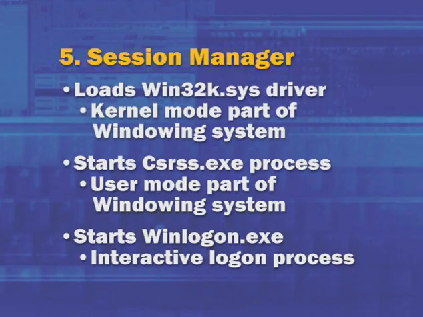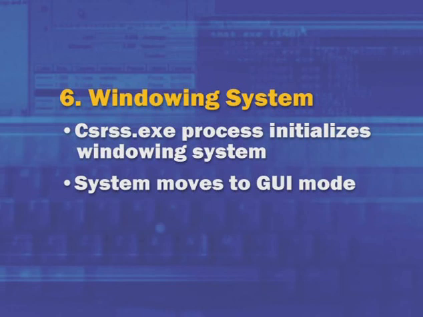So the first Windows application that gets started is WinLogon, which is the interactive logon manager. Now you'll have a visual cue that the windowing system was initialized, because that's when the system flips from the black startup screen, or in Windows 2000 the white screen, into GUI mode. The hourglass cursor appears. So if you see the system switch to GUI mode with the hourglass cursor, you know that you've got through the kernel initialization, Session Manager, and the initialization of the windowing system.